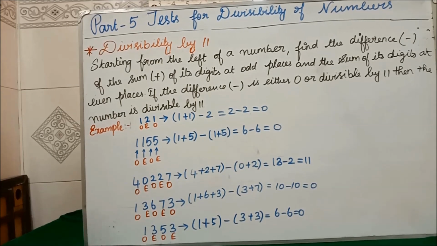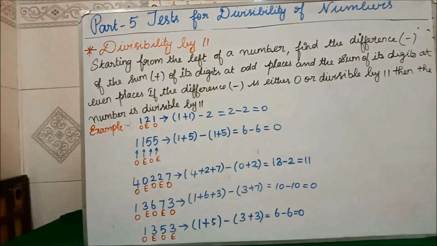Now we'll see 40,227. First what you have to see immediately, the number if you see, you have to allot. Odd, even, odd. Okay. After allotting, you have to see wherever you have written odd, first you add that number. 4 plus 2 plus 7. Okay. In between you put subtract symbol. Then you see wherever you have written E. For E what we are having 0, for here also E we are having 2. So add that number 0 plus 2. Then 4 plus 2 plus 7 is what? 13. 13 minus 2 is what? 11.